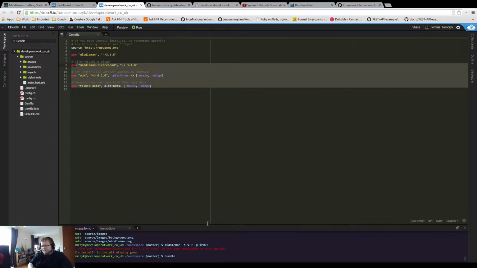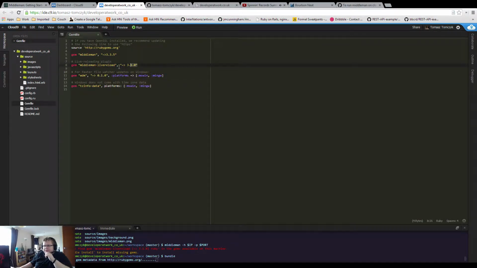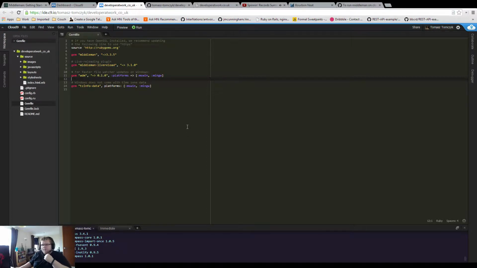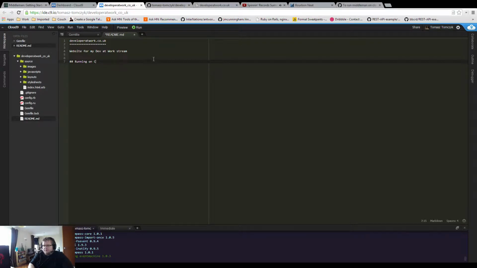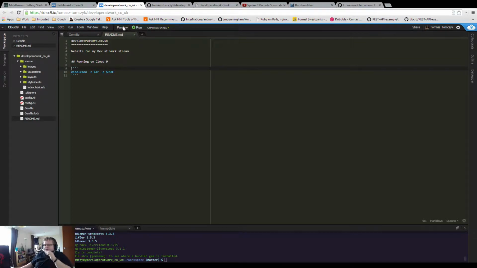Oh, bundle. So now these dependencies need to be installed. I should have skipped the live reload because I'm not going to use that. I can just remove that later. So let's add... can you preview a readme?